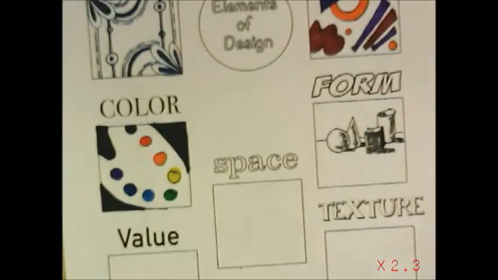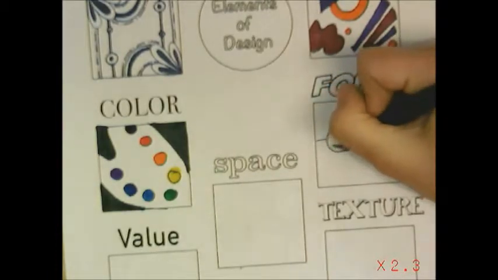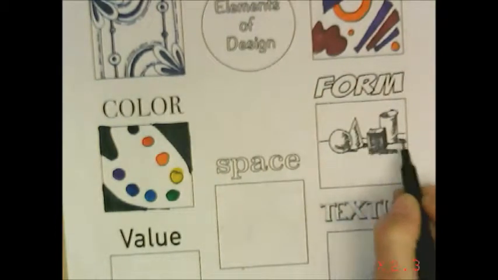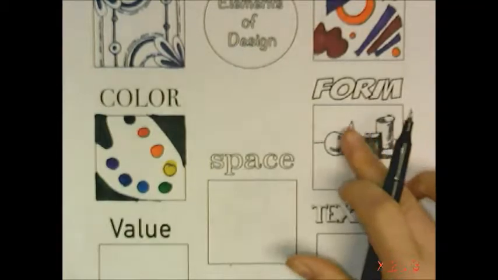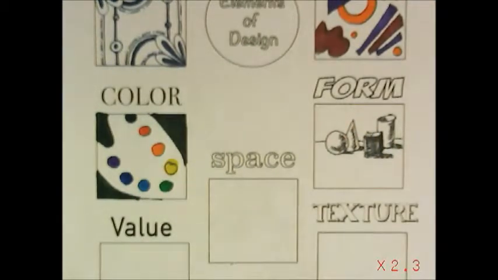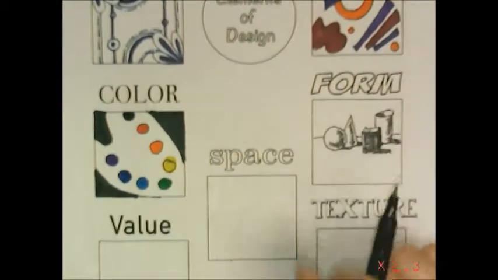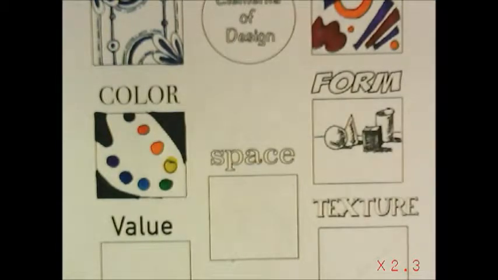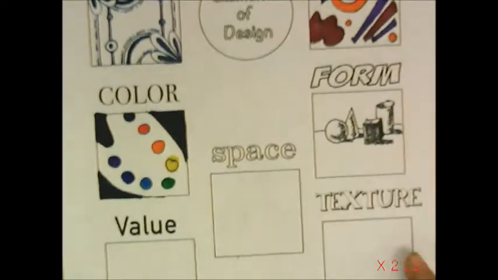Alright, so there is some form. Notice how they look 3D, and I added cast shadows to them. So it looks like they are creating a shadow onto a surface. Three-dimensional, that's what form means, 3D. So anything that you can draw to look like it's popping up is called three-dimensional. Okay, so now down here with value